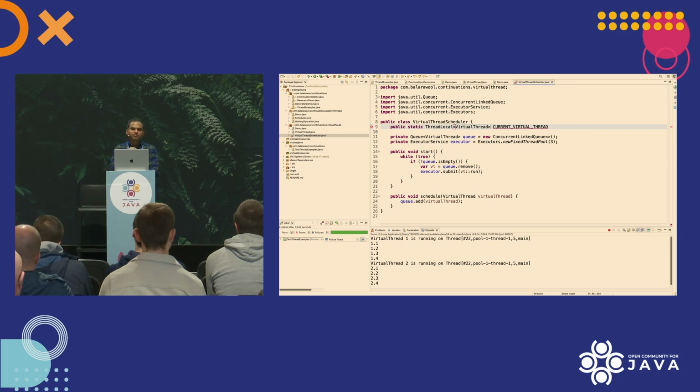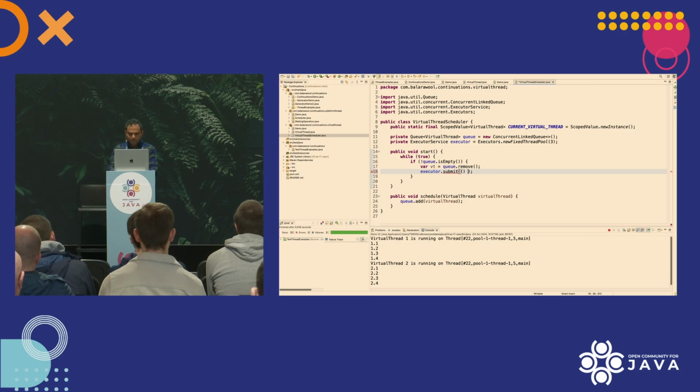But I have another question. Do you know in Project Loom there is an API which is a better alternative to thread locals? Scoped values, exactly. So I'm going to actually use scoped value here. And then I can also make this final, and initialize this with ScopedValue.newInstance. And then all we have to do is ensure that this variable is set to the right virtual thread when we are executing our virtual thread, and that place would be here.